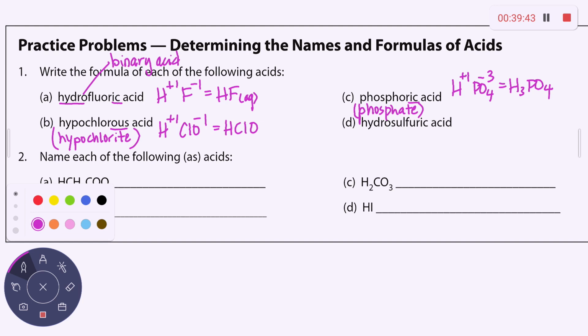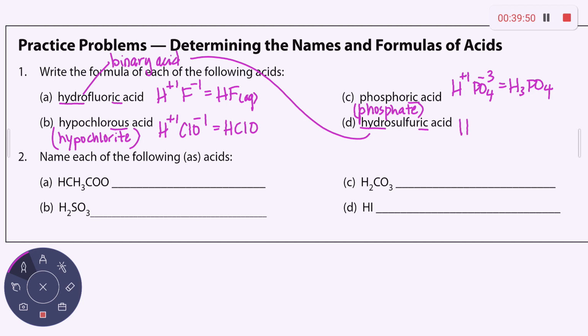Hydrosulfuric. The hydro-ic implies that this is another binary acid. So this is hydrogen with sulfur, and you get H2S, and you have to put the aq after it because binary acids have to show the aq so that they're dissolved in water. Okay, for number 2,